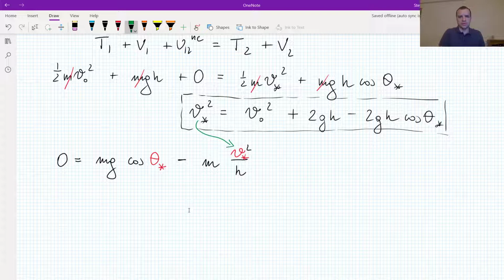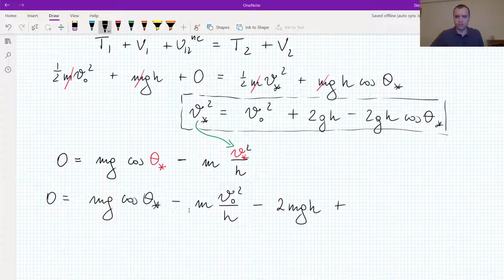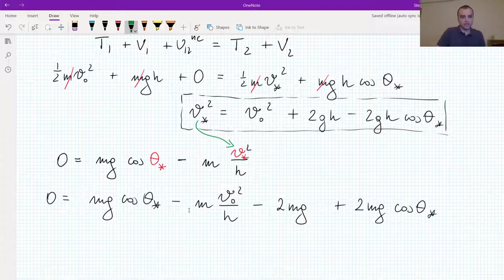And we will end up with 0 is equal to mg cosine theta star minus m v0 squared over h minus 2mg, no h, sorry, 2mg cosine theta star. I believe that the m's once again cancel out,